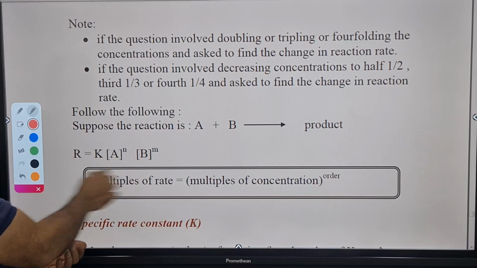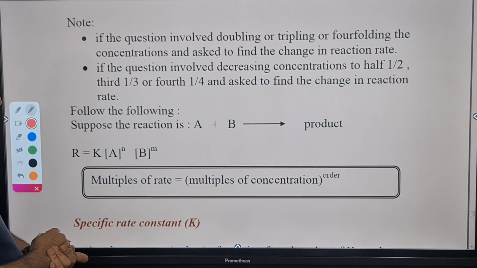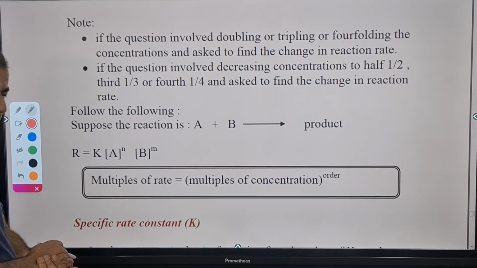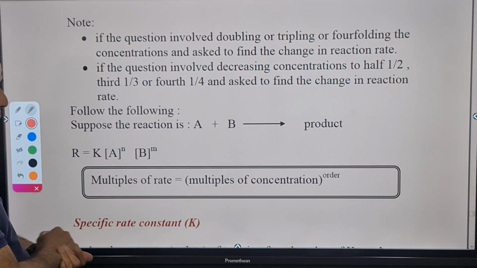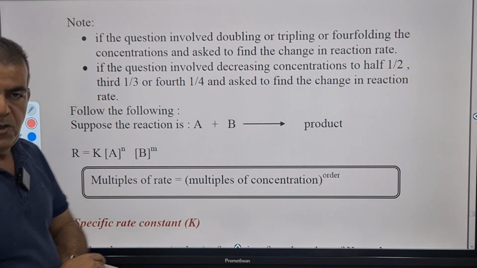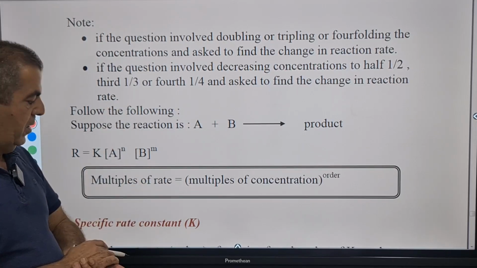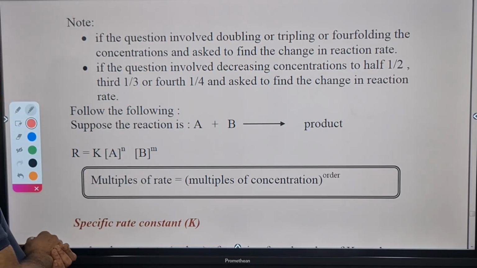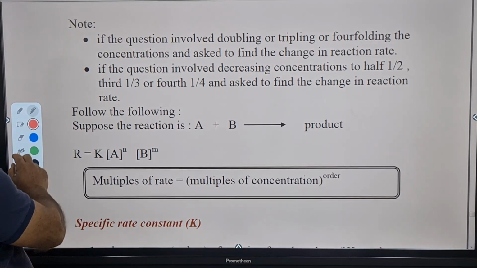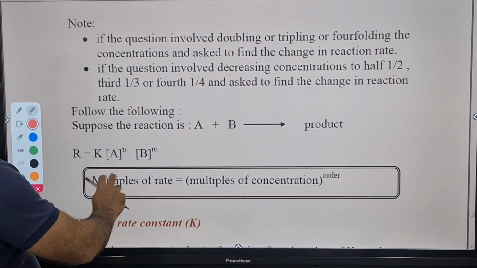We have the multiples of rate equals multiples of concentration, and power, the power is the order. Just like the procedure or the technique we used in last example. We reached K. What is K and how to find K and what is